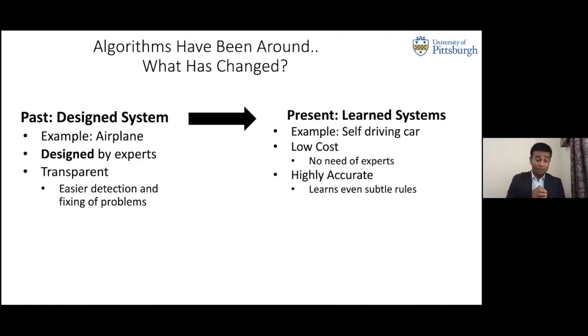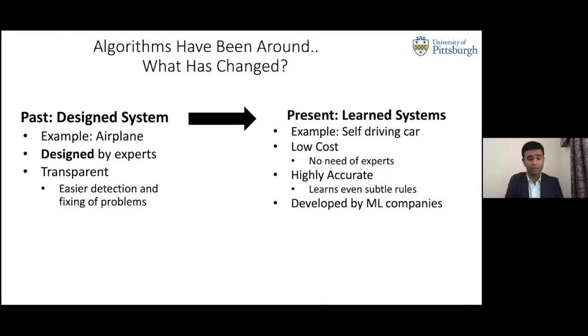But the dark side is that because the algorithm can learn all these subtle subconscious things in our mind, and we humans tend to have a lot of stereotypes, a lot of subconscious biases and so on in our mind, which we don't know that we have. So these algorithms are very good at picking up those subtle, subconscious biases that we have in our behavior. These systems tend to be very highly accurate, but there's something wrong with them. There's a small problem that these systems tend to be